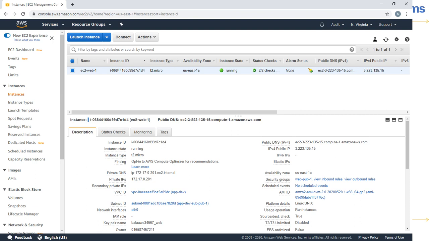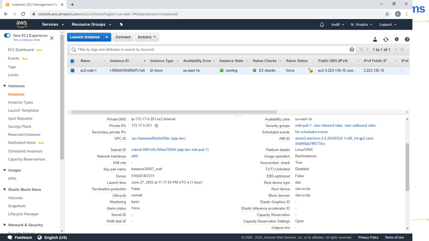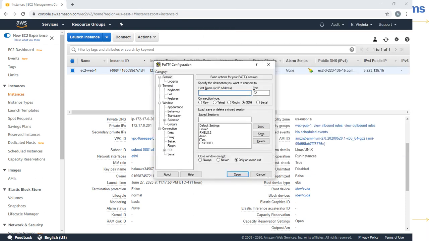That's why I have already created an EC2 instance. In Windows, you will normally use PuTTY to connect to this EC2 instance, so let us go to PuTTY and connect.